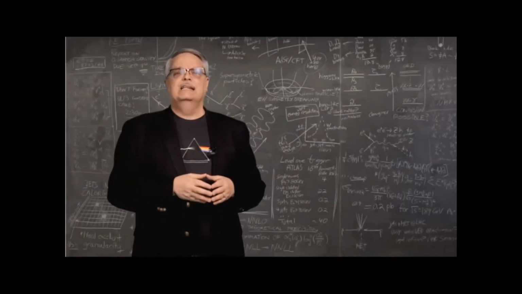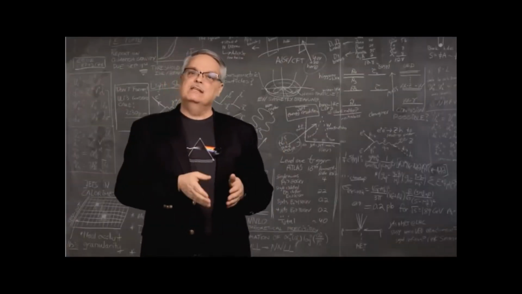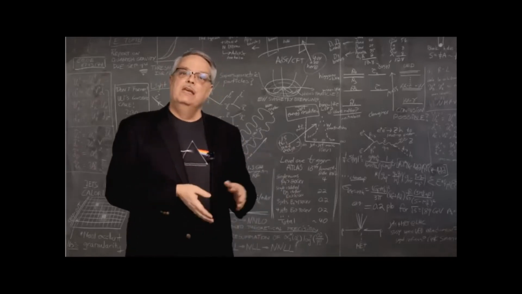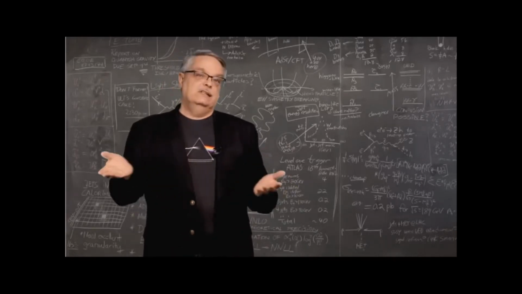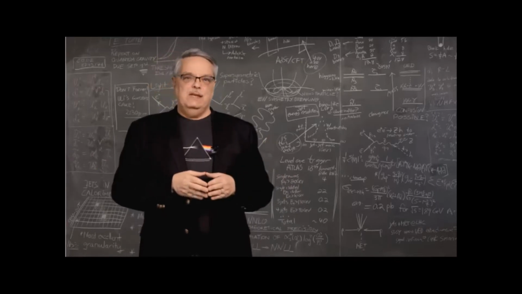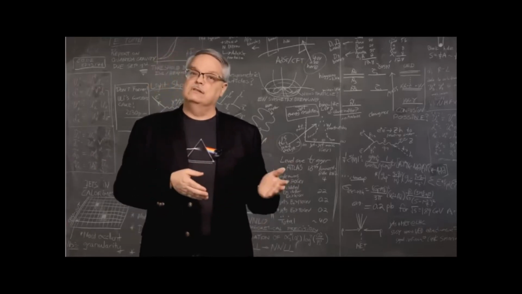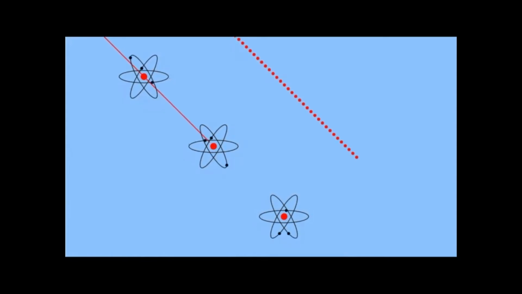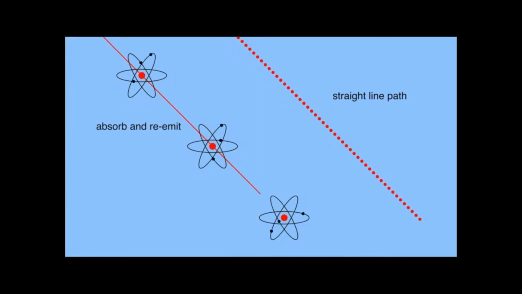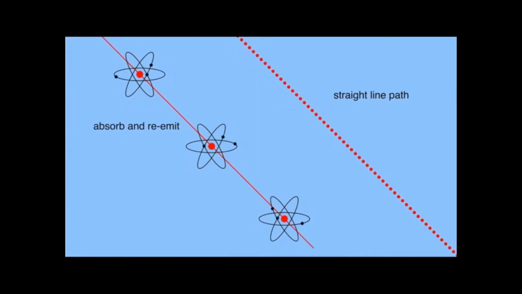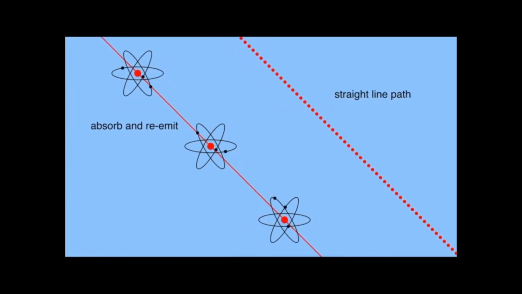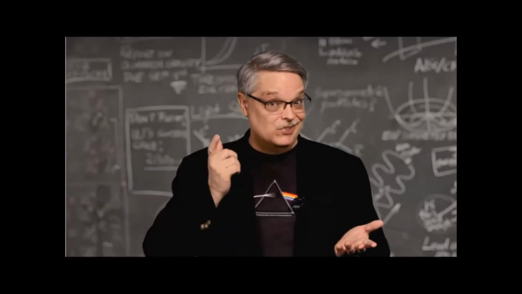The second wrong idea is that light is not scattered, but rather that it is absorbed and re-emitted by atoms. Between atoms, the light travels at the speed of light in a vacuum. The amount of time the atom takes to absorb and emit the light seems to slow the light down. You can see what I mean in this example here. The speed of the photons, while moving, is always the same, but the time taken during the absorption and emission makes the solid line take more time than the dashed one. This effectively makes light slower. Now, this idea, while sensible, is also wrong.